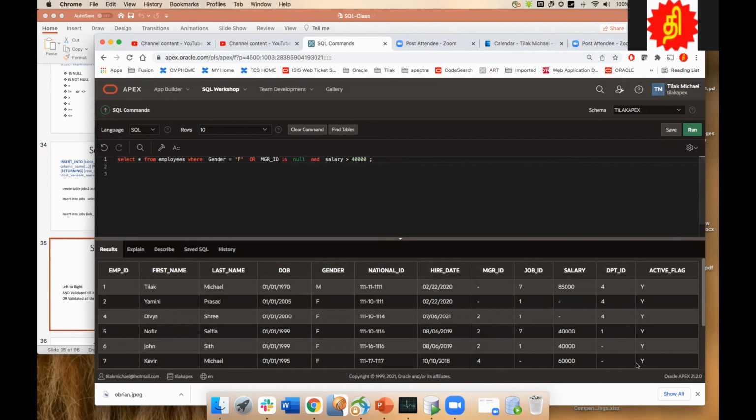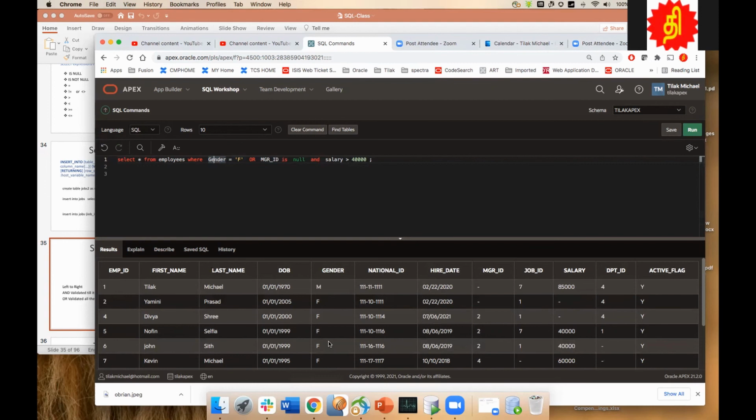Okay, the salary is 40,000. If you are looking at anybody whose salary is 40,000, the manager ID must be greater than 40,000. Now what is happening here is this one or this one, and this one. So either this one or this one, which is kind of confusing. Whenever you are having an AND condition and an OR condition, you always have to say where the OR condition goes.